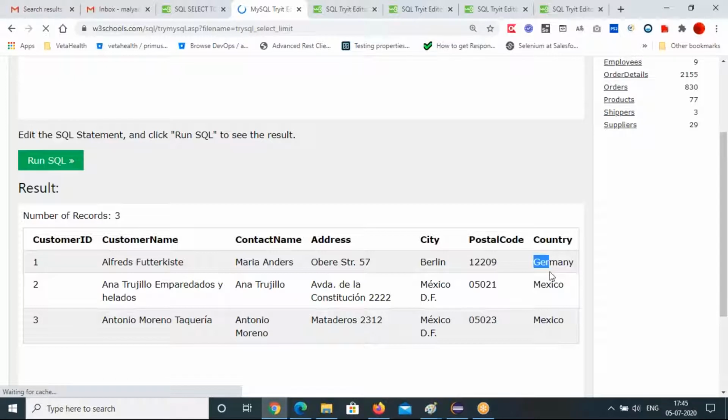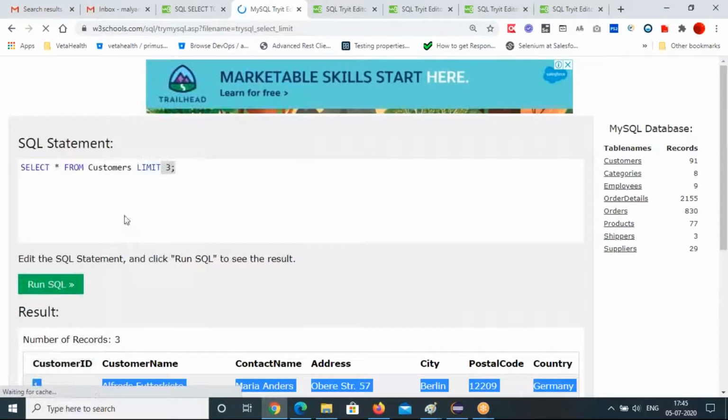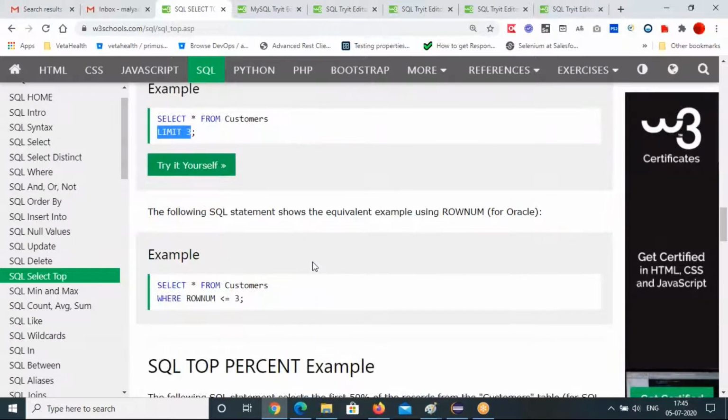One is from Germany, then Mexico and Mexico. So you are asking to fetch the first 3 records with this LIMIT in MySQL. And in an Oracle database, you have ROWNUM less than or equal to 3. If there are more than 3 rows, exactly 3 it will fetch. If there are fewer than 3, whatever is there will be fetched.